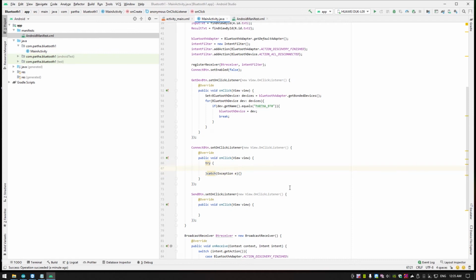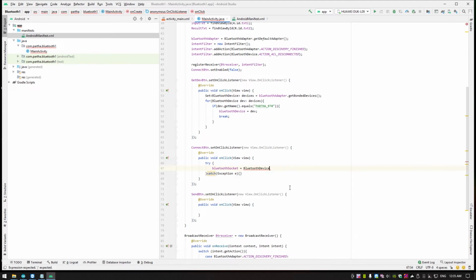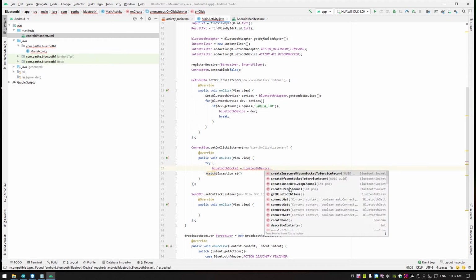So here what I have to do is Bluetooth socket is equal to Bluetooth device dot create RFCOMM socket to service record.